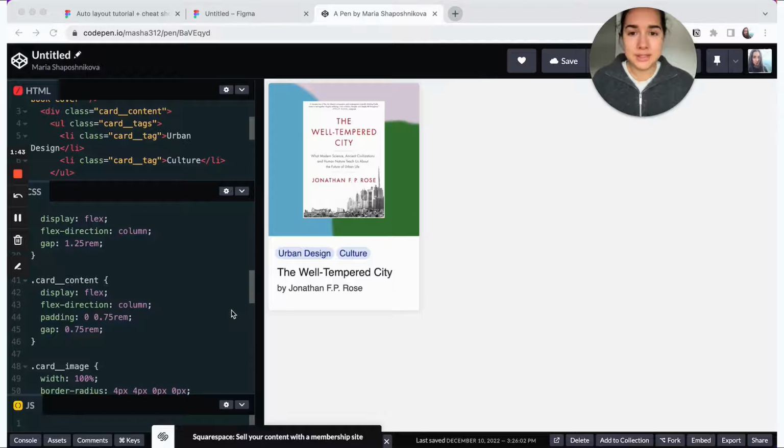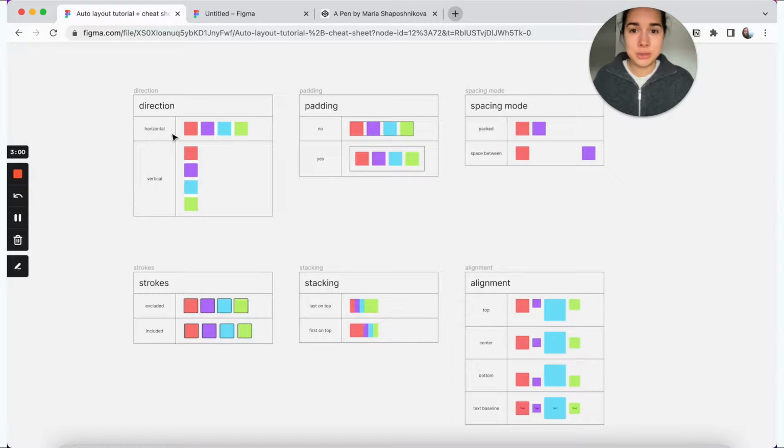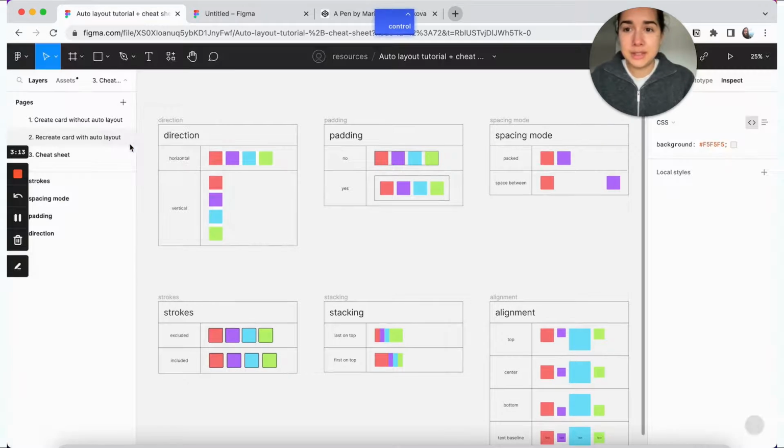So I hope that watching this coding demo helped you see the similarities between auto layout in Figma and actual coding. And I hope that the tutorial overall helped you gain insight into why auto layout exists and how you can use it. One last thing before we end this video is that I want to do a quick auto layout overview at a glance, just so that you are aware of all the capabilities that it has. So I made this little cheat sheet, which we're going to go over now, and I am going to link this file in the description afterwards, so you can grab it and check it out yourself too. But let's go through this.